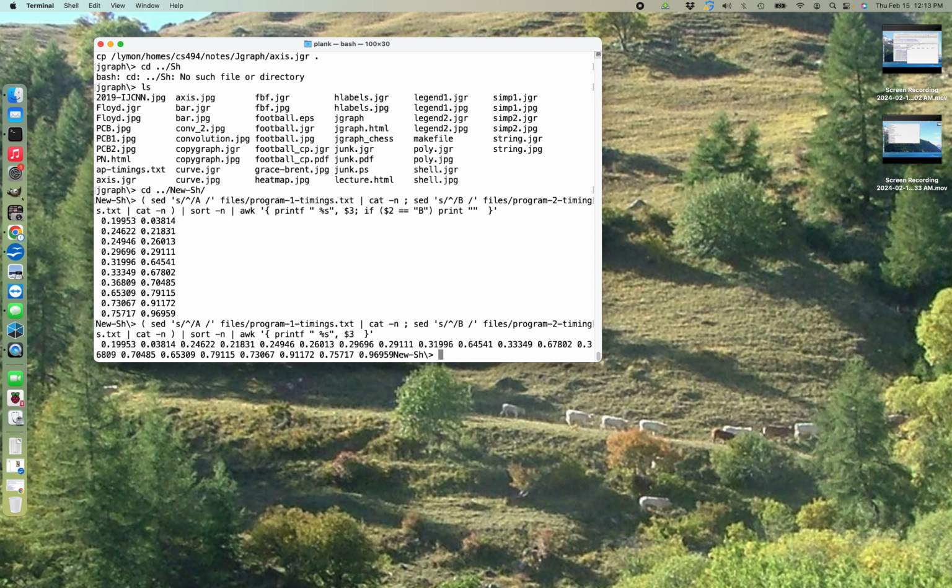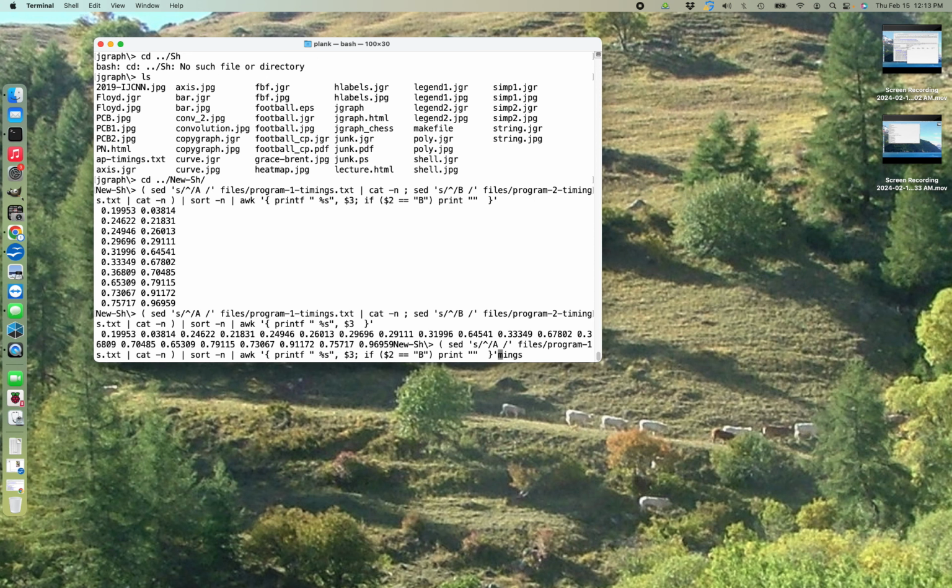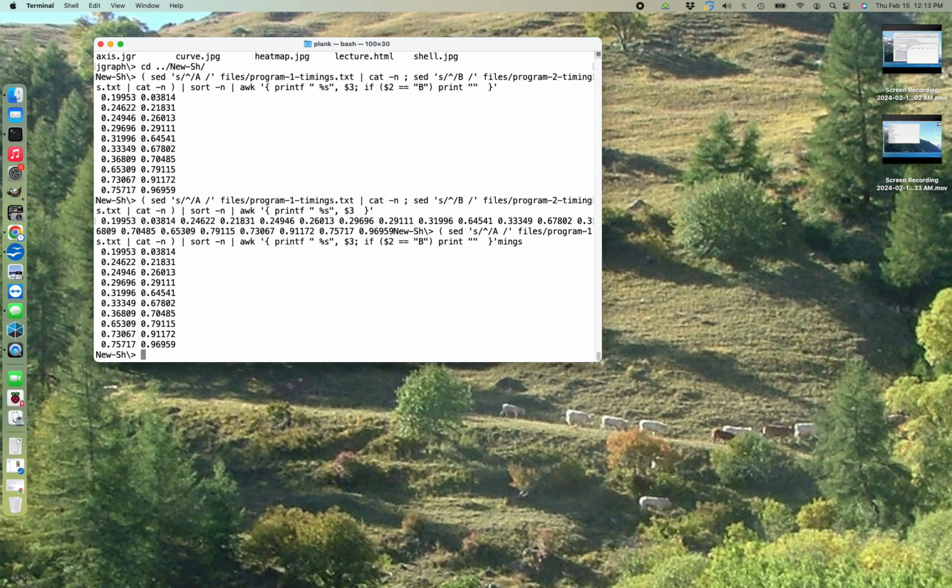So what I want to say is, after I print the ones from program 2, I want to print a new line. And how do I identify that? Well, I put a B in front of the program 2s. So the second word is going to be a B. That's why I have that there, which says if the second word is B, then print a new line. So print automatically puts a newline. Yeah, printf doesn't, but print does. If you wanted, you could do printf and then \n. Yeah. Yep. That one.